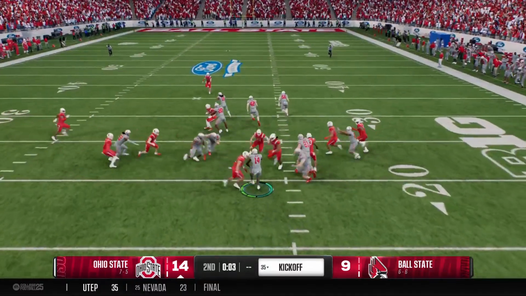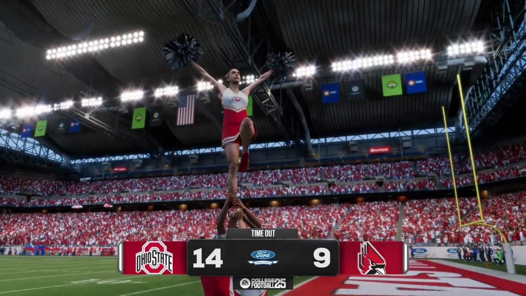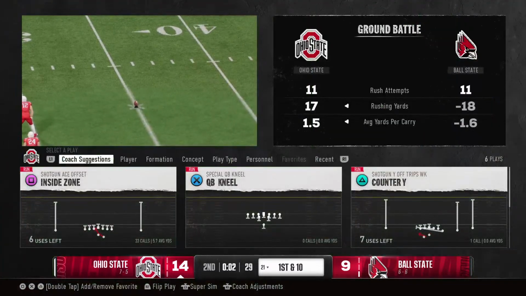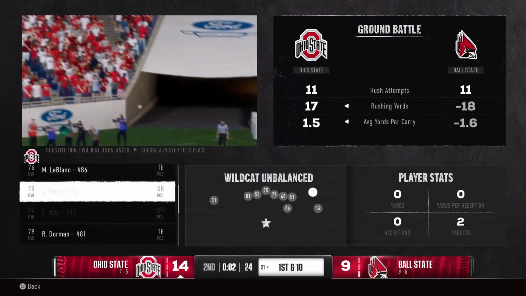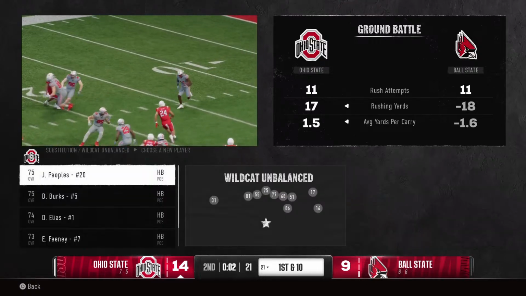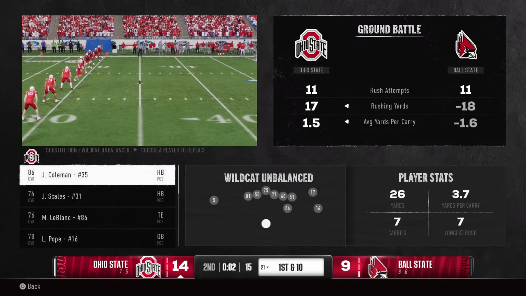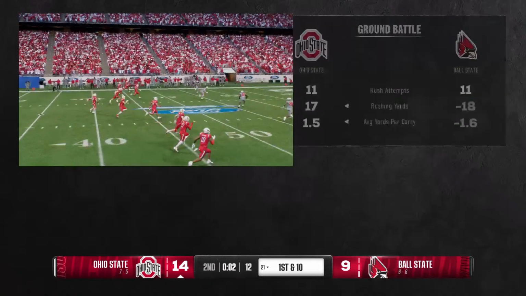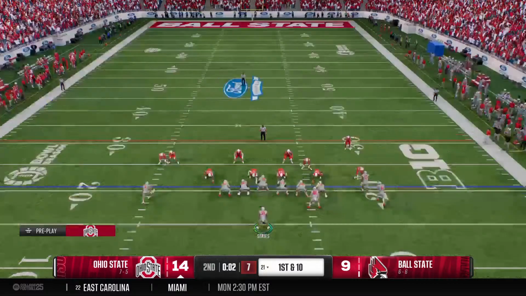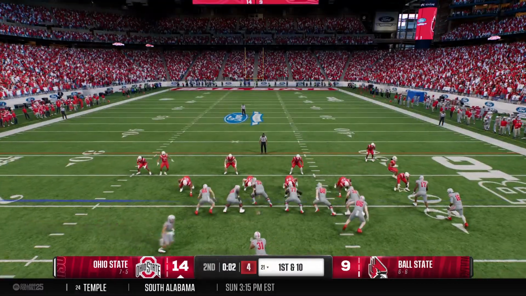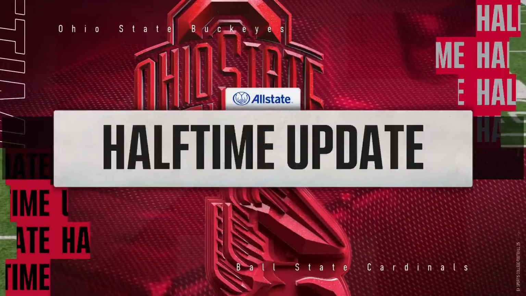He'll bring it out from inside his own 10. Not a lot of space to be found. Good hustle by the coverage team, and they stop him at the 21. The offense will stop the clock and use one of its timeouts. They'll have just enough time to get one more snap before the half. They make the stop, and that is the end of the first half.